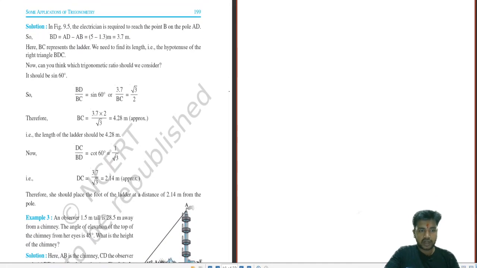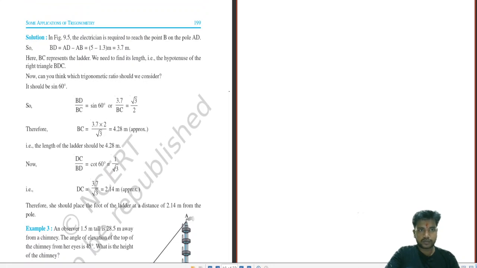Okay. So what we can do, we have the question over here. So we don't have to move further. An observer 1.5 meter tall, we will complete the concept of the diagram. Then if the question says the same demand of the previous sum, then we will not solve it. Otherwise we will solve it. Okay. Now an observer 1.5 meter tall. Now observer is 1.5 meter tall.